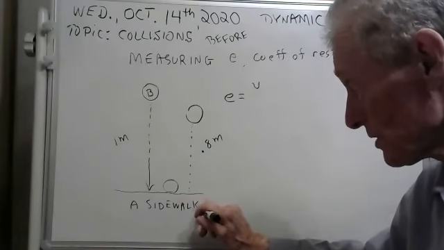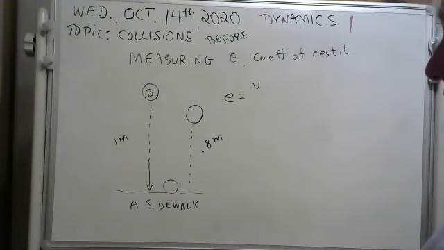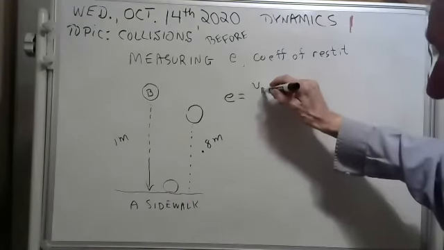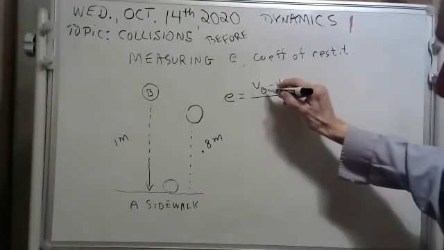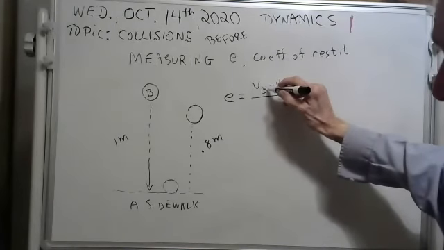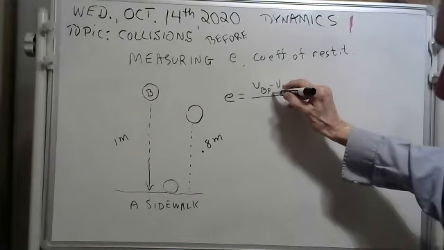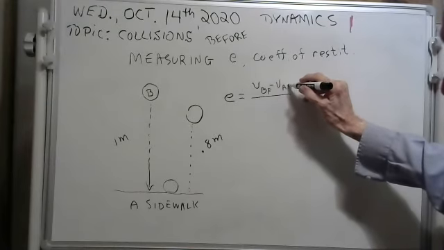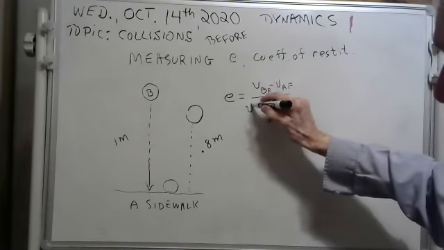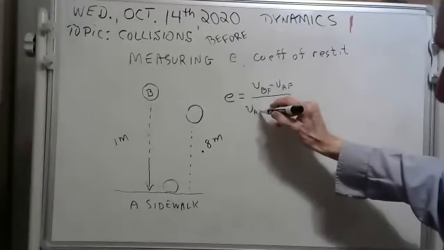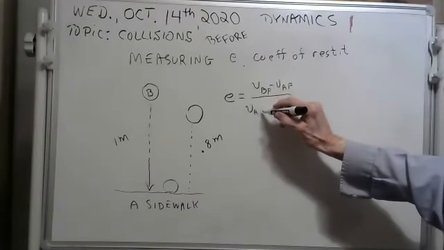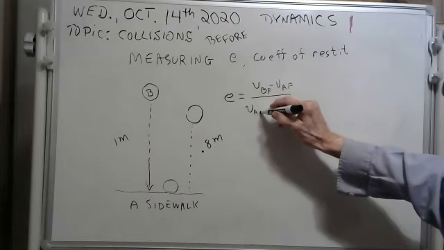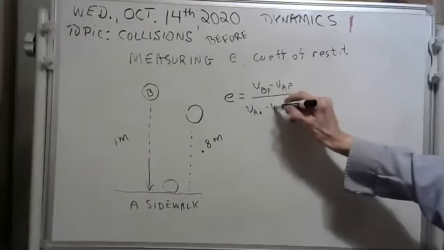We're going to drop the tennis ball on the sidewalk. And so you got body B minus body A. Now, remember, in the numerator, you have the final values. And here's velocity of A, that's the tennis ball. This is the initial minus the initial,